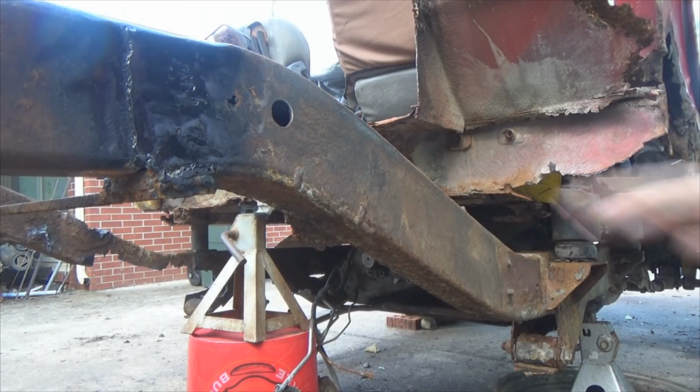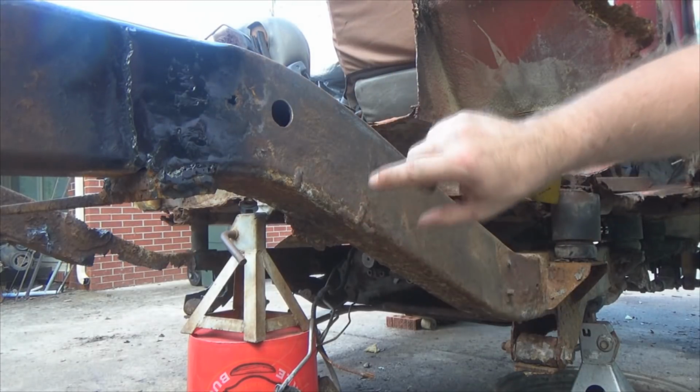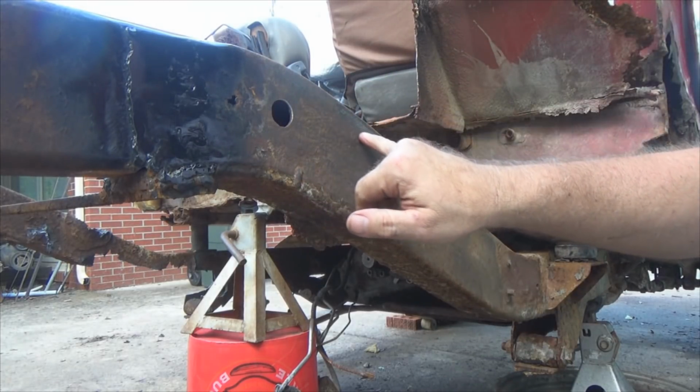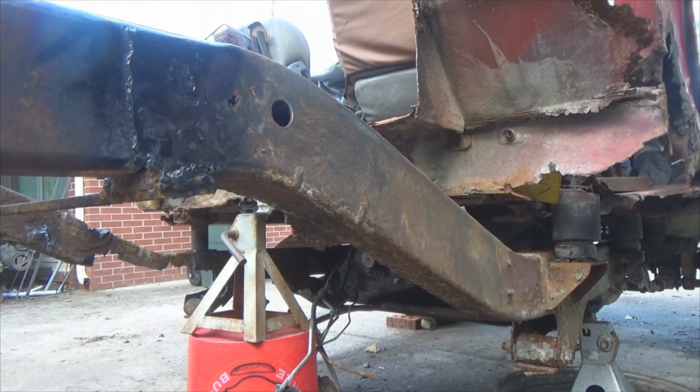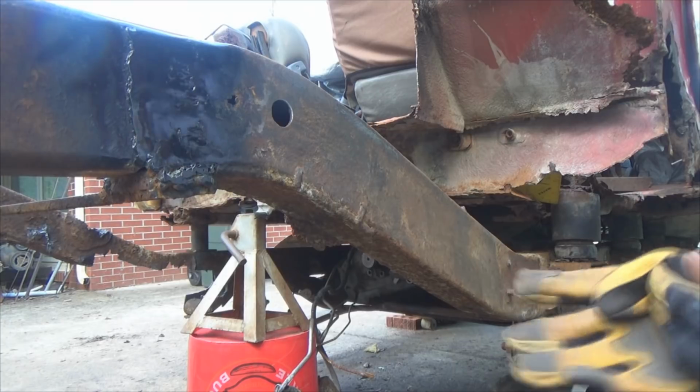I went all the way around the frame, both sides, top, bottom, with that wire brush. You see it pretty much takes it down to the metal right there, because I rolled that edge just a little bit. So then you get your flap wheel,